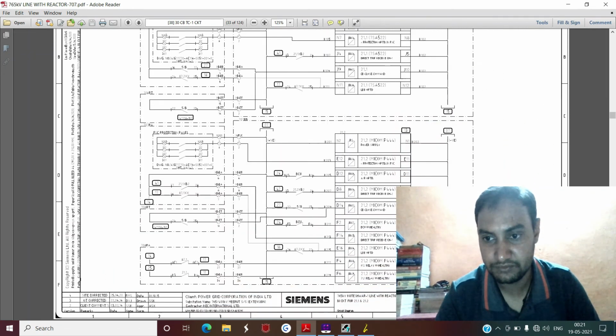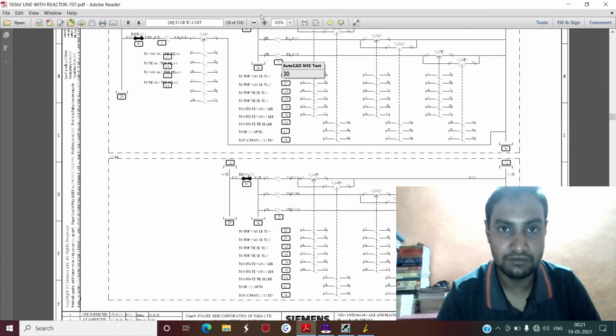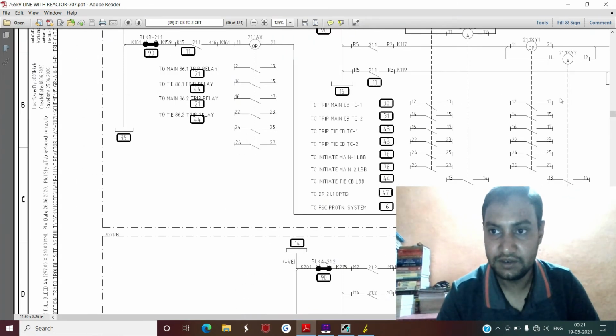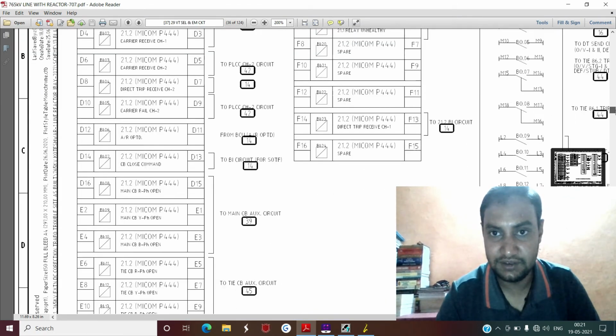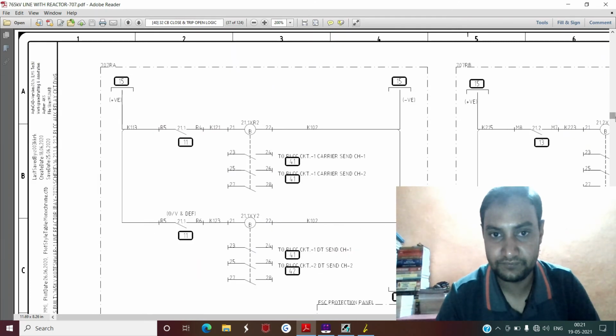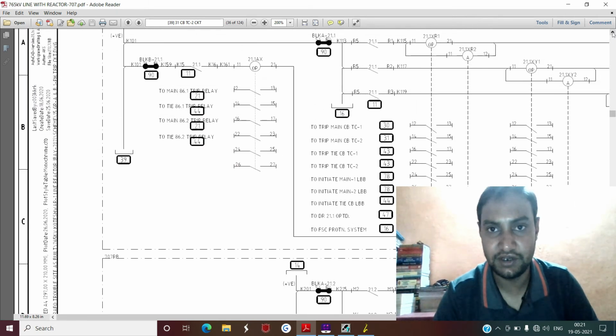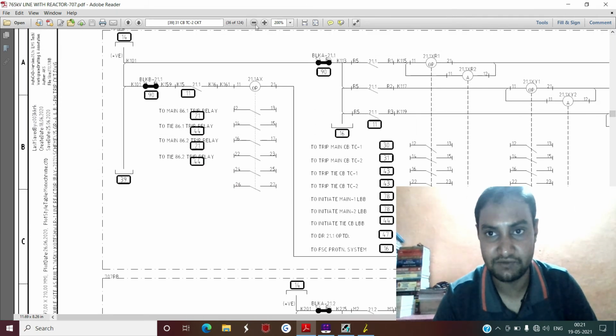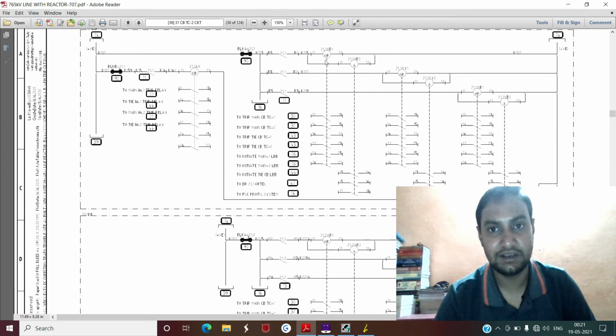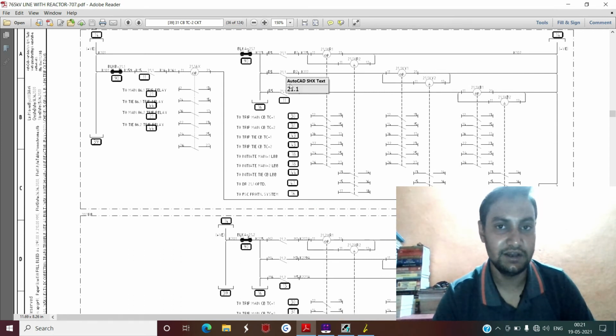This is your page number 15. Now if you see here, this is your auxiliary relay 21.1 XR1, XR2, XY1, XY2, and XB1, XB2. These are auxiliary relays, single phase tripping relays.